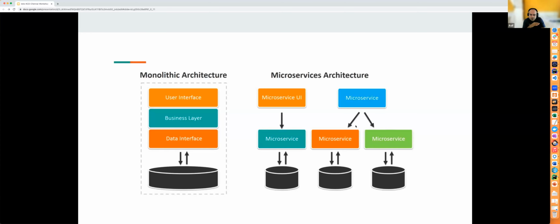So when we moved to microservices, things became easy. Deployment and development of microservices became easy. But it brought up some new challenges. These new challenges are basically these arrows, the communication between the microservices. And when this happened, a lot of challenges came in.